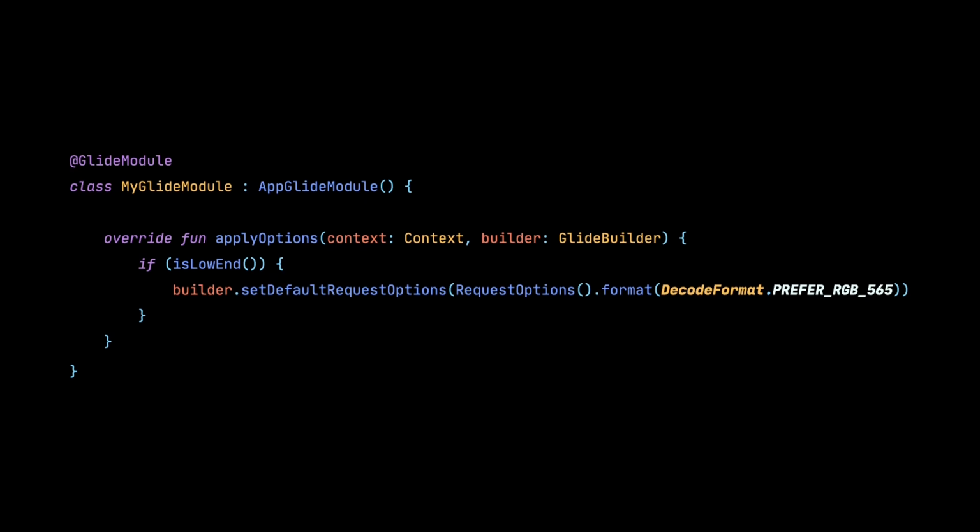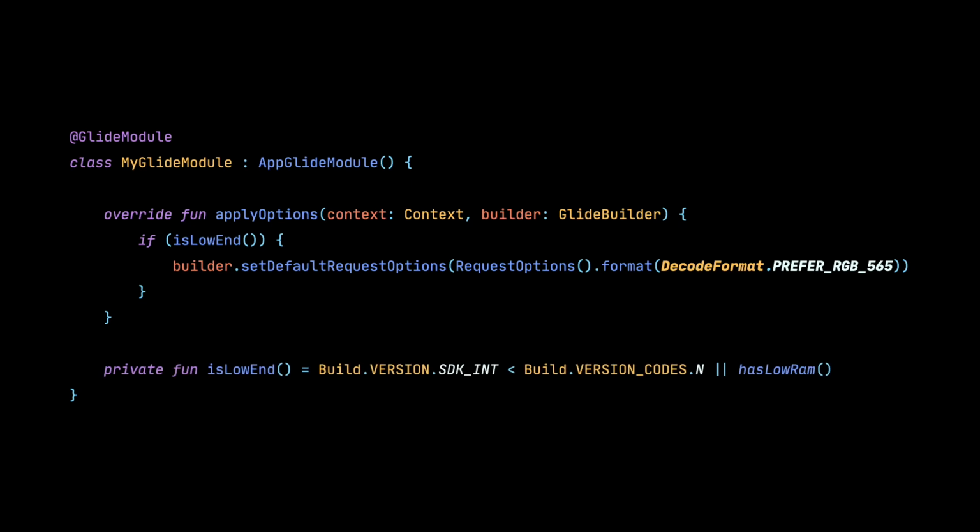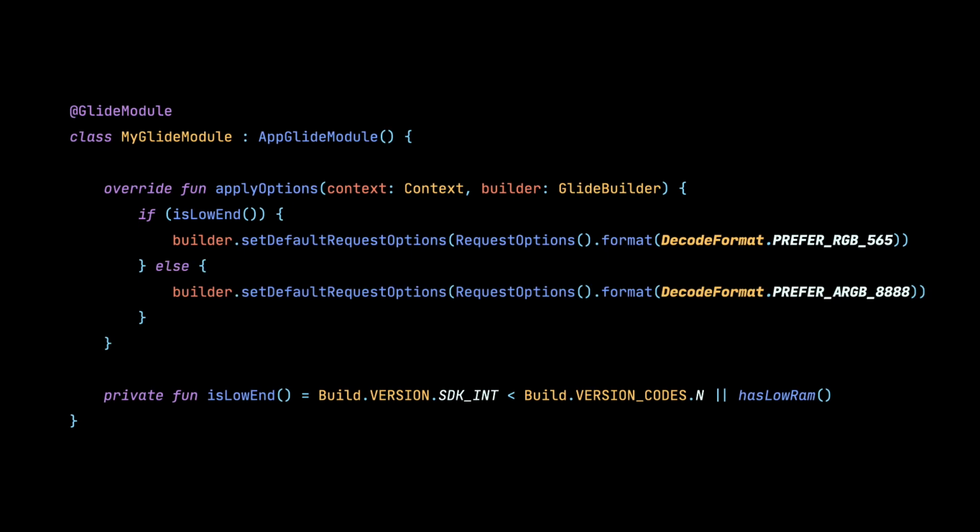You can determine at startup how much RAM the device has and which version of Android it uses, and then determine which image quality to use. Of course, you should only use RGB quality for images that do not need alpha. And for other, more powerful devices, when there is no problem with out-of-memory errors, you can use standard ARGB 8888 quality to not decrease user experience without need.